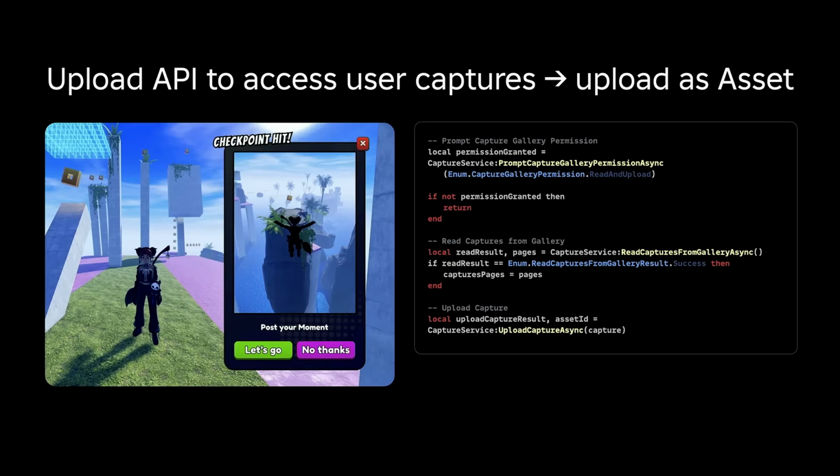So the capture service also provides API that let you manage access and usage of player captures. By the way, we ensure that players are always in control of their content. That's why you see here the developer using prompt capture gallery permission to get the user's permission to access their captures. So once permission is granted, you can then use read captures from gallery async to access the player's captures,